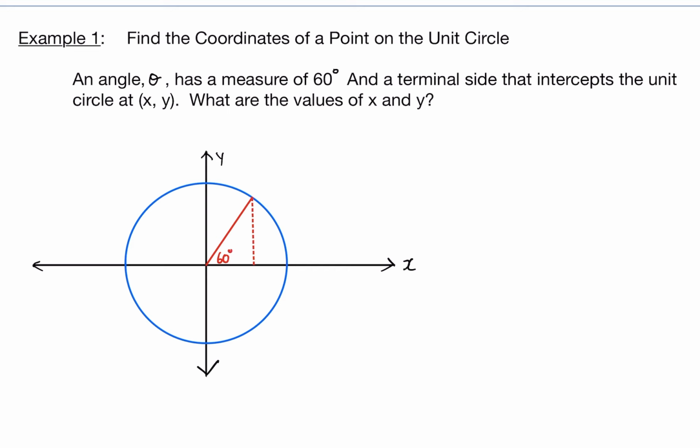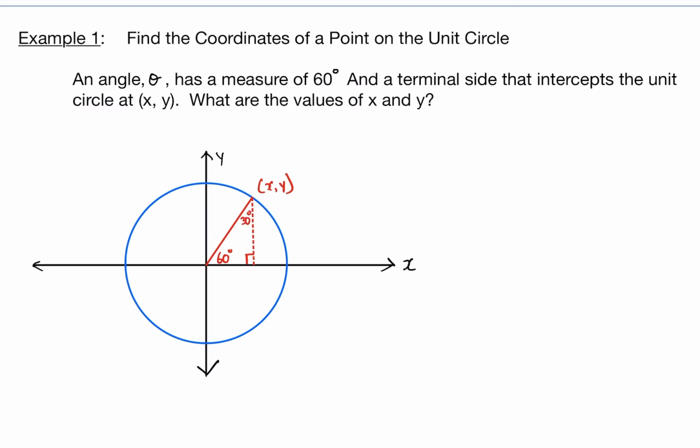is 60 degrees, okay? And the terminal side that intercepts the unit circle at x comma y, so this is going to be x comma y, okay? And the question is, what are the values of x and y? So we need to solve for this, okay? Now, if you recall, we have a 60, 30, 90 triangle, okay? If this is 60 degrees, then this has to be 30 degrees,